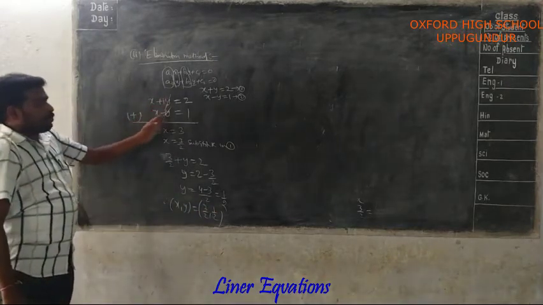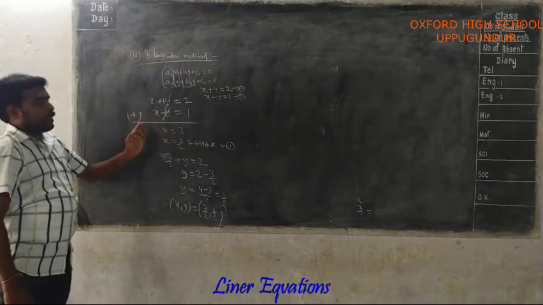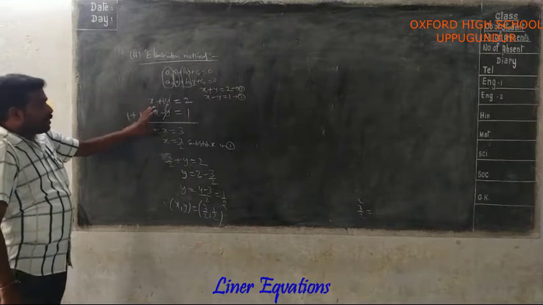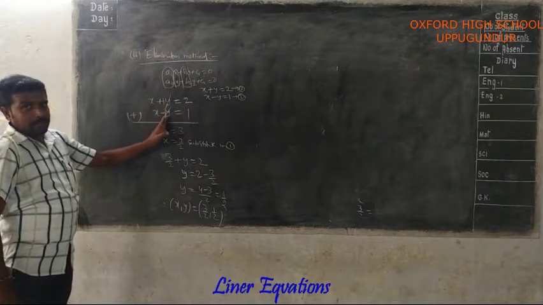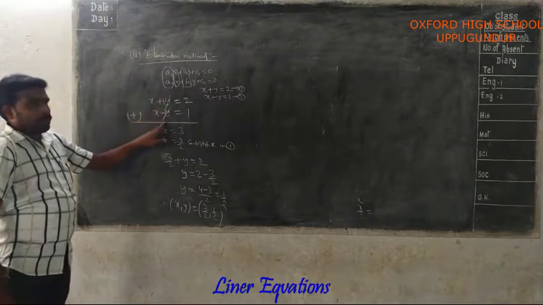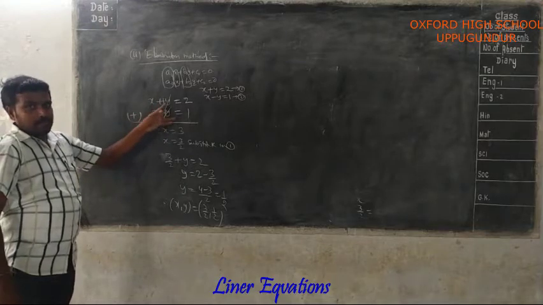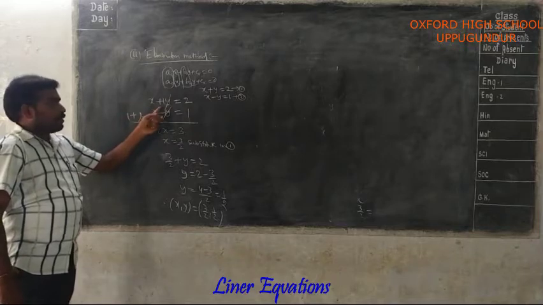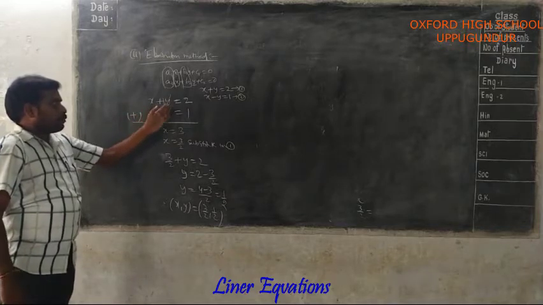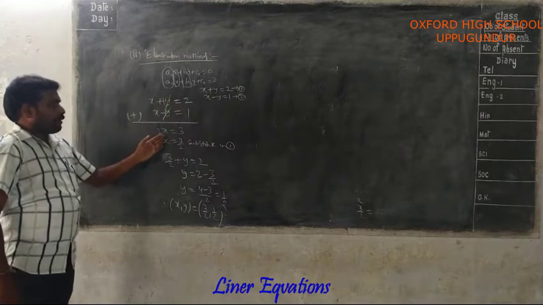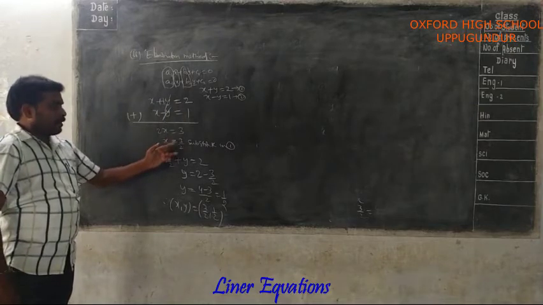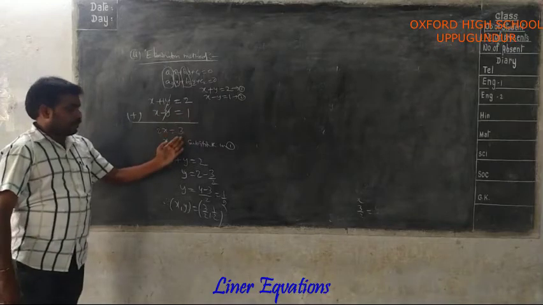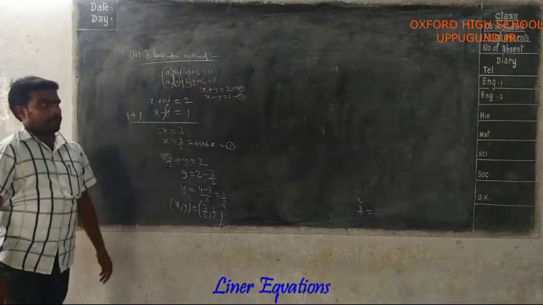So here the y variables are the same. That's why we are simply adding these two equations, because whenever we add these two, only then do these variables get removed. Here plus y, here minus y. When we add, only then are these two removed. That's why we are adding here. After removing the y variable, we get the equation in terms of x. Now we are finding the x value here. After substituting the x value in any one of these two equations, we will get the y value.